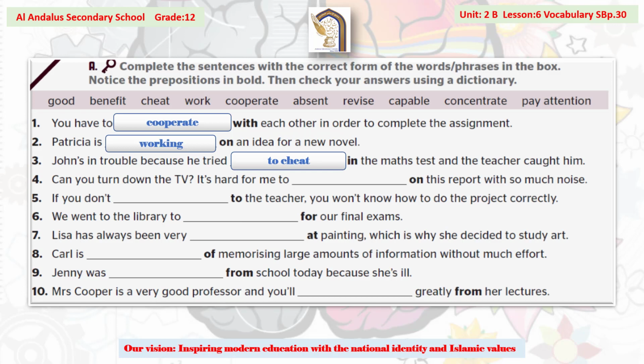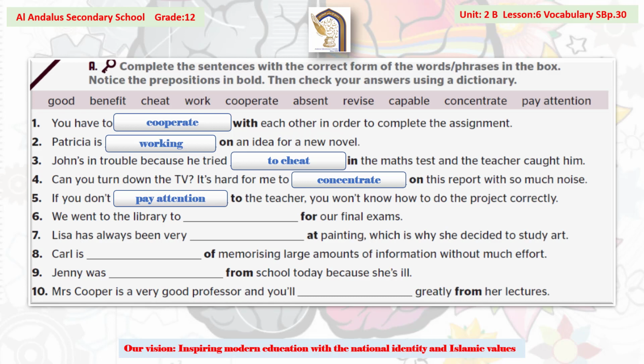Number 4: Can you turn down the TV? It's hard for me to on this report with so much noise. Of course, it's hard for me to concentrate on this report with so much noise. Number 5: If you don't do the teacher, you won't know how to do the project correctly. That's excellent. If you don't pay attention to the teacher,